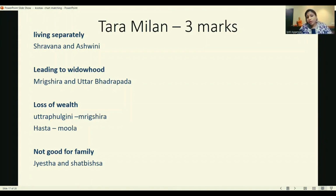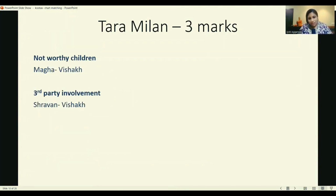There is a loss of money. The combination of Uttara Falguni and Mrigashira, as well as the pairing of Hasta and Mula, is not good for the family. If Jeshta and Shvasa get married, the children don't turn out well. If Maga and Vishaka get married, chances of third party involvement are high. If Savan and Vishaka get married,